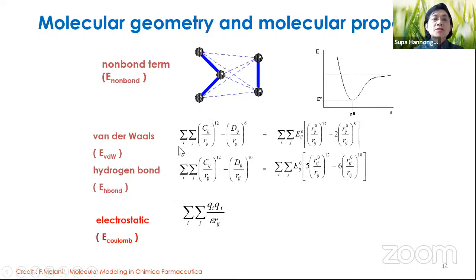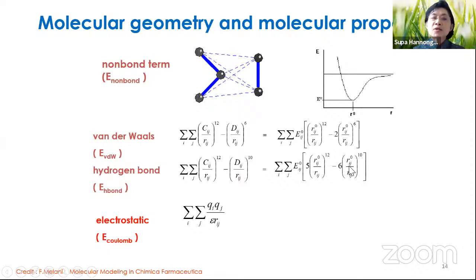Okay. So for the van der Waals, I just mentioned in the previous slide the Lennard-Jones 12-6 term like this, so you can obtain the curve of the Lennard-Jones potential. But there is another equation that we use to represent the hydrogen bond interaction. This is also Lennard-Jones, but in the form of 12 and 10. Okay, you have 12-6 for van der Waals, and for hydrogen bonding, it is 12 and 10.